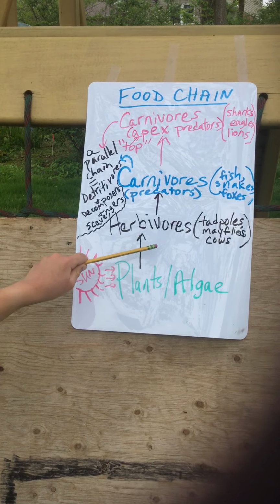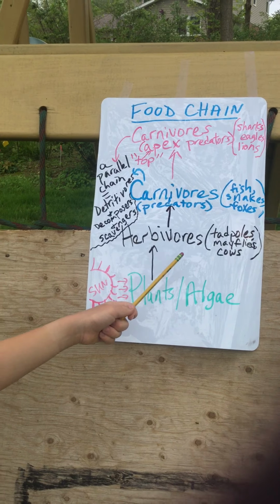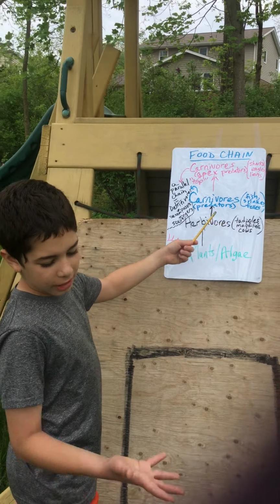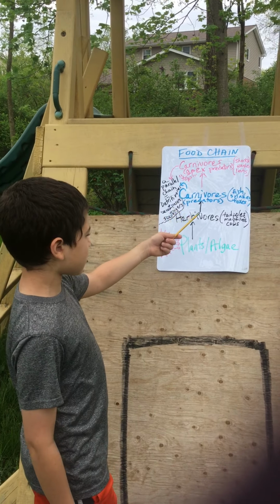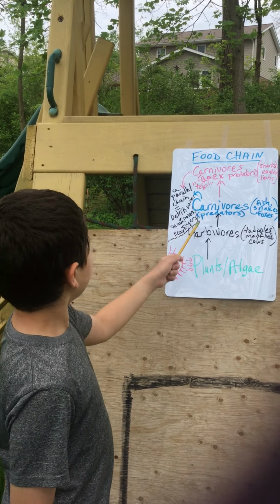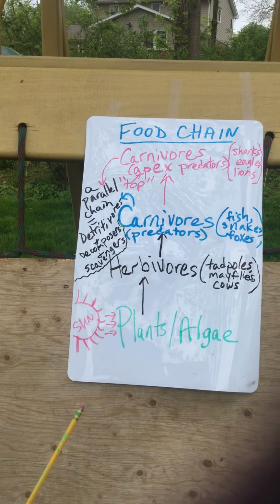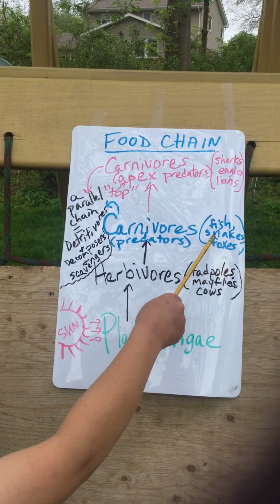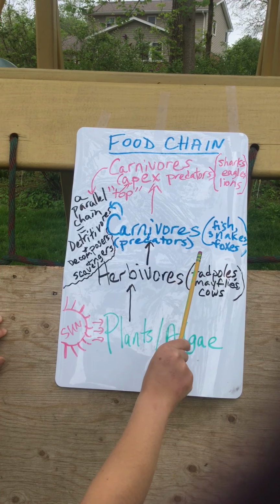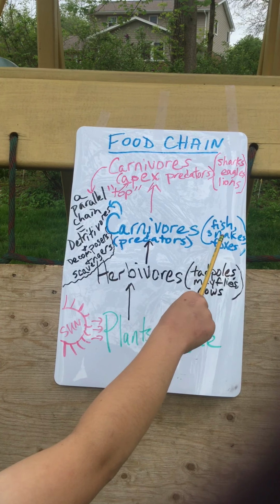Then what eats the plants and algae are the herbivores, which in these places are tadpoles and mayflies in the streams, and cows, though that's in another place, which are just herbivores because they eat grass. And then what eats those herbivores are carnivores, which are the predators. So they're fish, which eat the mayflies, snakes and foxes, and those,